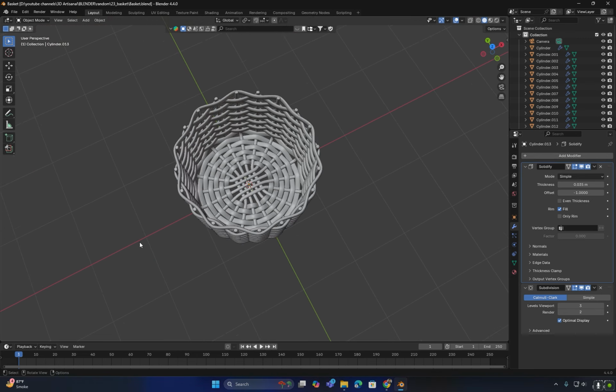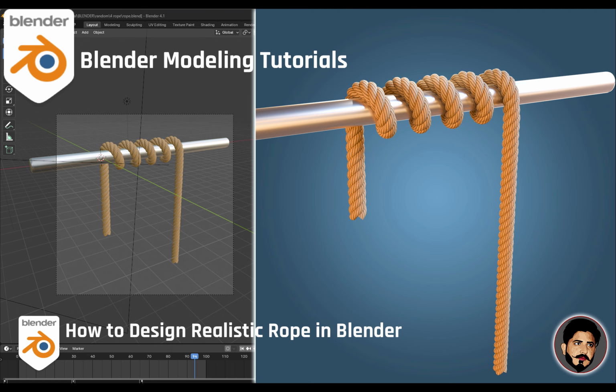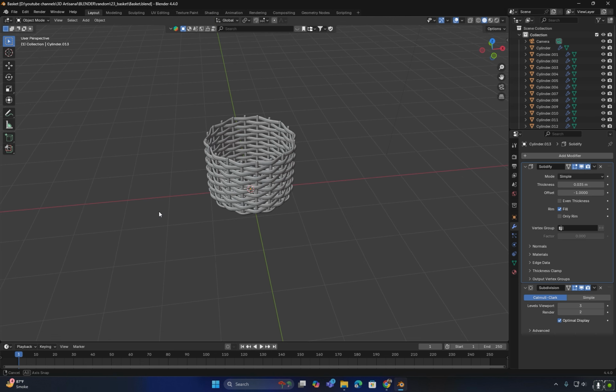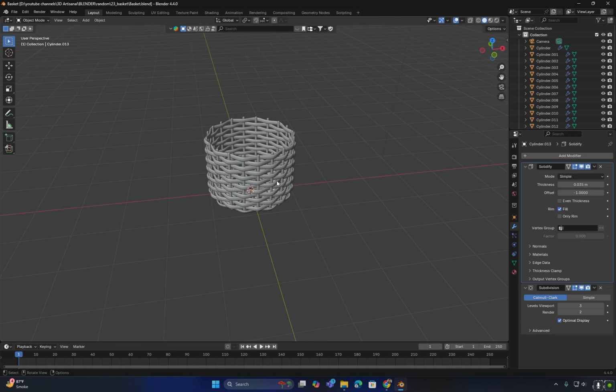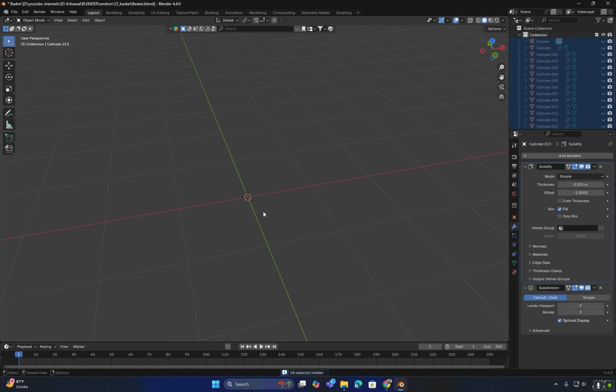Now I will design a rope-like shape. I have previously uploaded a YouTube video specifically about designing ropes, so if anyone wants more details, they can check that out. However, I will also explain the rope related steps here. First, I will hide all other parts so I can focus only on the rope section.